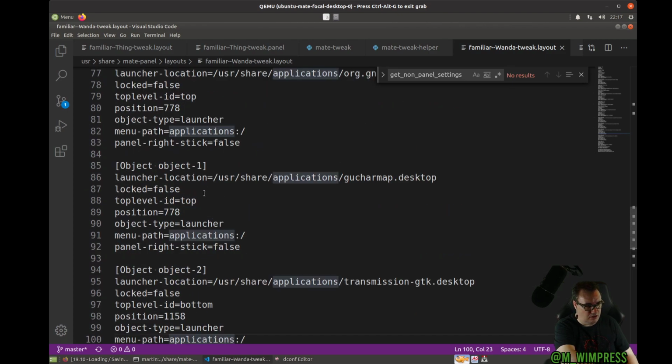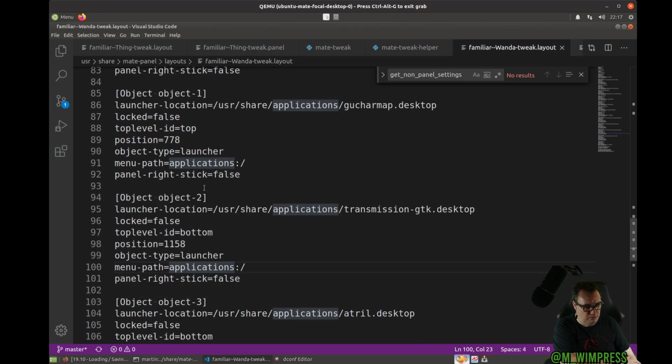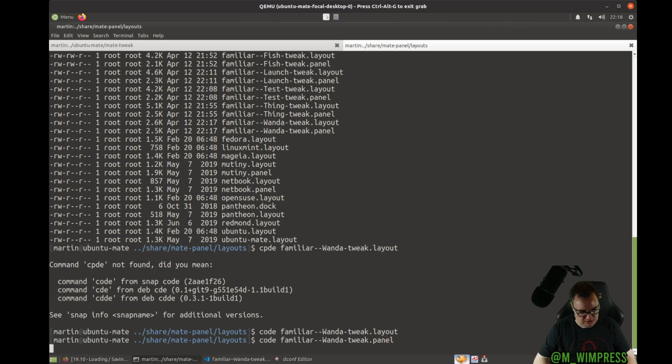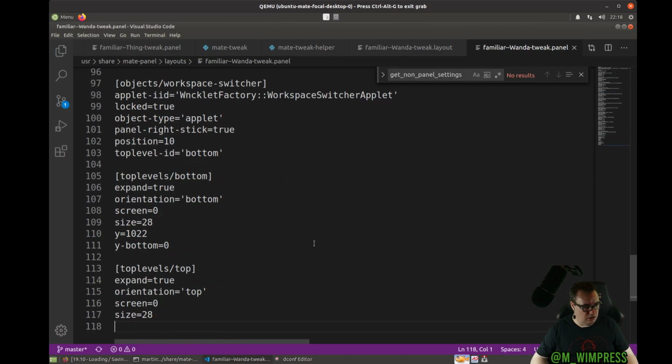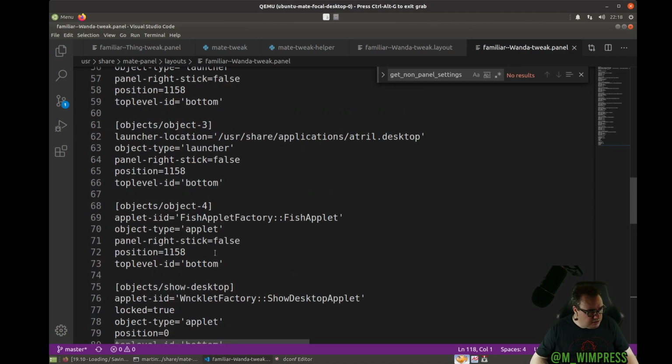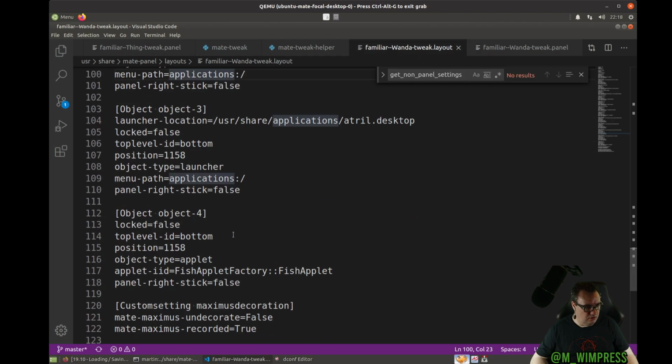And then at the top we've got the character map and transmission. In fact, I should actually get the panel file and confirm that those object numbers are the same. They should be now though. So object 4, yes, okay,